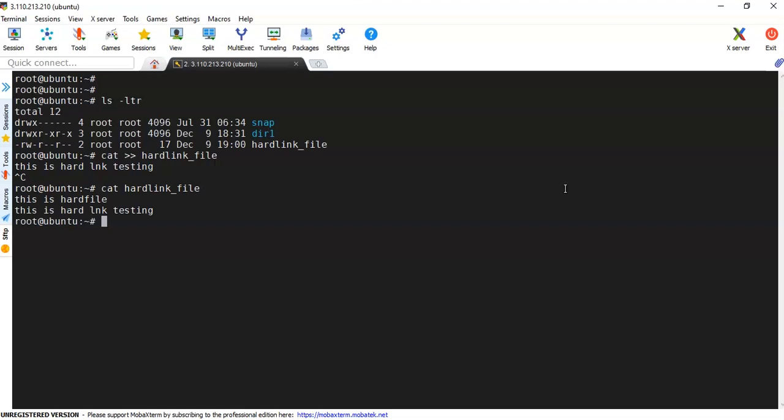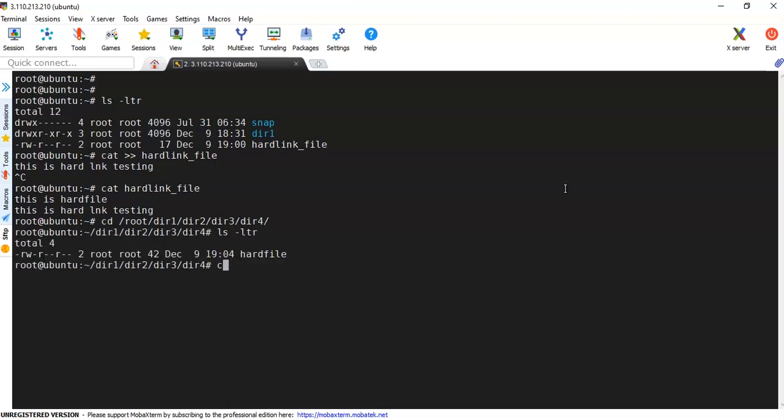The same, if you go to the source, root dir1, dir2, dir3, dir4, and cat hard file, you can see the same update. And whatever update we do here, again it will get updated over there. Cat with double greater than symbol, hard file,